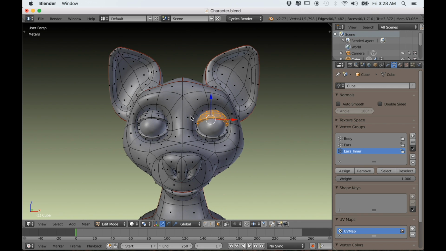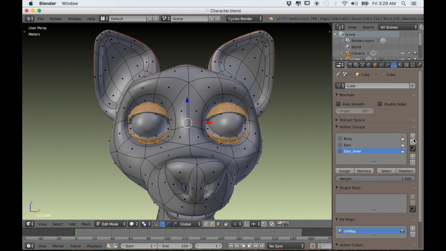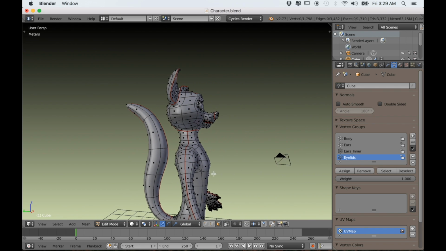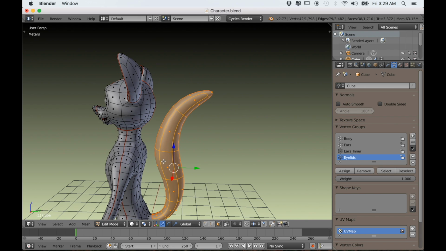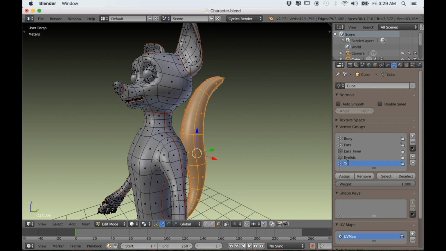So I'll just select the eyelids and then deselect the loop around the eye itself because I don't want the individual strands going into the eye. Okay, so I'll create a new vertex group and just call this one Eyelids. Okay, what now? I suppose the tail. That one will be really easy to do. So I'll just select the whole tail and then add a new vertex group, call it Tail,